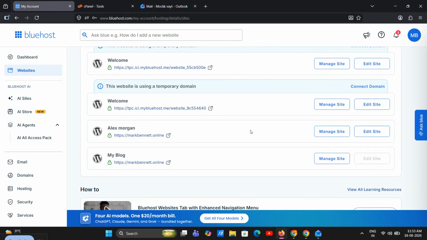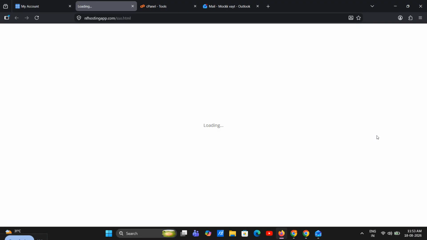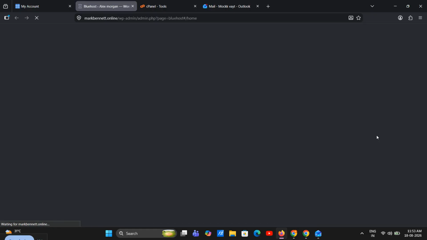Next, look for the WordPress Admin option next to that website. This button is the shortcut that Bluehost provides to take you directly into your WordPress backend. Click WordPress Admin, and Bluehost will open your WordPress dashboard in a new tab. In many cases, you'll be signed in automatically, which saves time and avoids having to enter your WordPress username and